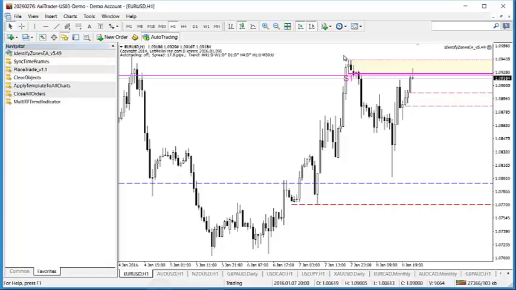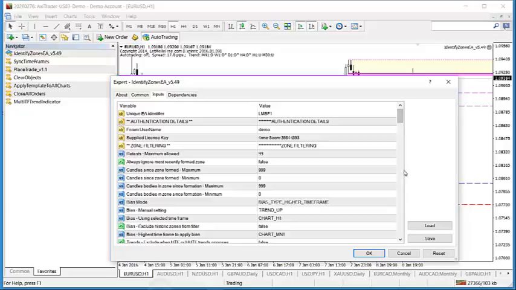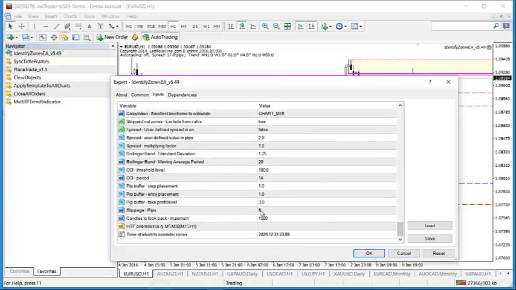We may, for example, want the M30, the H1, the H4, all to be driven by the bias on the daily as the higher time frame. So what we can do is set the bias for each of these time frames to be the daily using this parameter setting down here. So we just say M30 goes to D1,